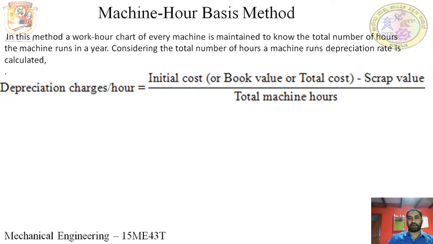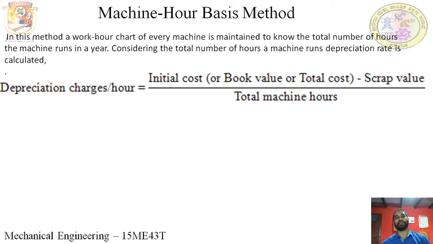What the cost will come to is around 5 rupees or 10 rupees per hour, and that will be deposited in the account. For example, if a machine runs 8 hours per day and the depreciation per hour has come as 10 rupees, then 80 rupees you have to deposit in the depreciation fund. So when the machine's life is complete, whatever fund has accumulated will be used for purchasing the new machine.